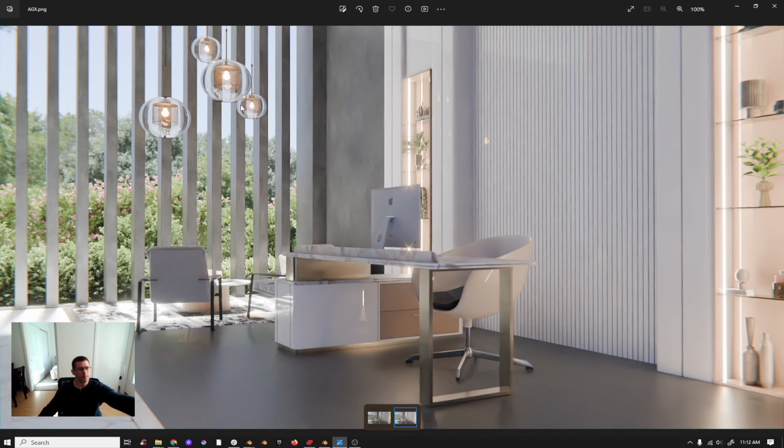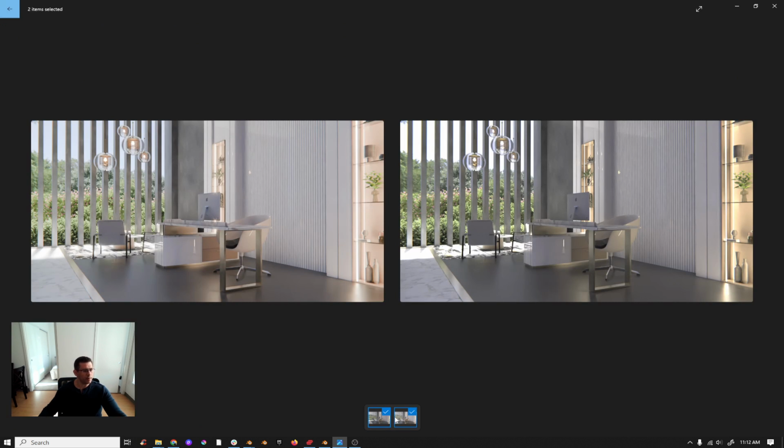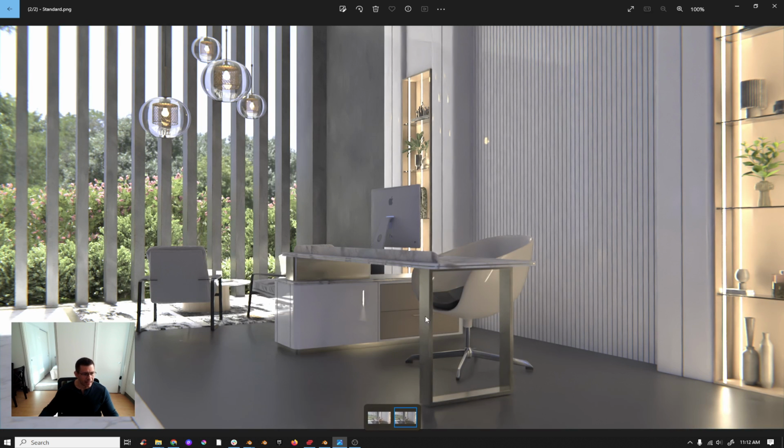You see here, side by side, look at that. I can see this more real than this, you know? Even though everything is overexposed in this area, I can see more a person, a real person, standing here